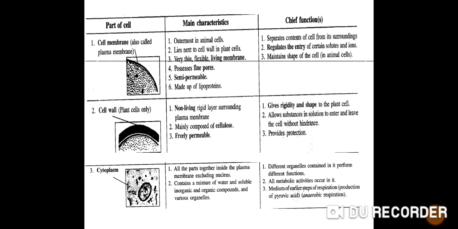It provides protection. Cytoplasm: all the parts together inside the plasma membrane, excluding the nucleus, is cytoplasm. This cytoplasm contains a mixture of water and soluble inorganic and organic compounds and various organelles. Its functions